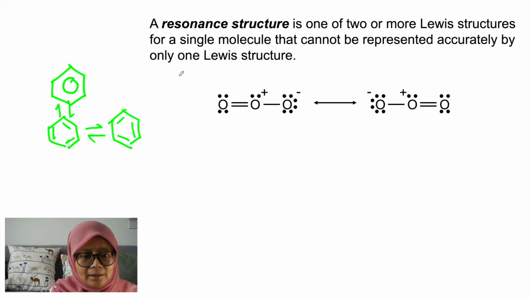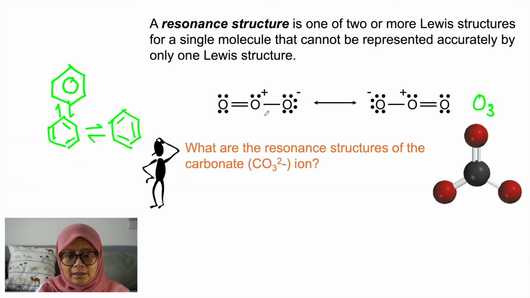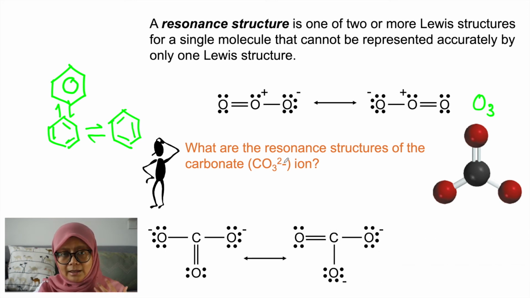Why? Because we have movement of electrons surrounding the benzene, or we call it resonance. Another example, we have ozone, this is O3. You can draw the Lewis structure of O3 like this or like this, as long as the formal charges are correct. And then the question here: what are the resonance structures of the carbonate ion? This is CO3. So it can be like this, or it can be like this,